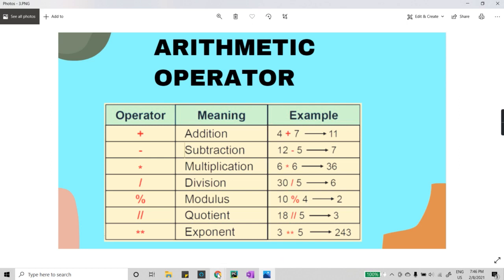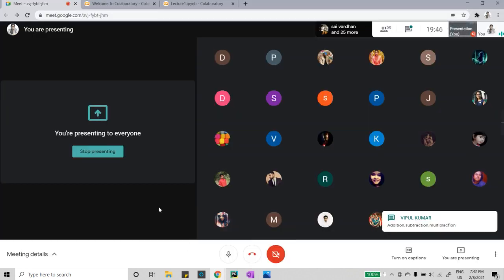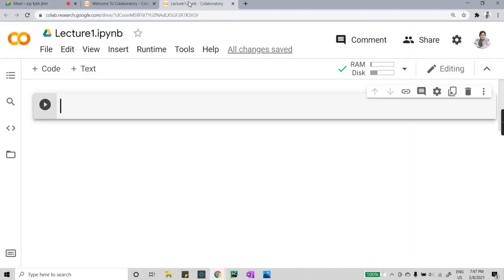Now let's go to our Google Colab and write our first program using the arithmetic operators. This is my Google Colab notebook in which I will be writing the programs. Let's say I have taken a variable a, and I am going to assign a value to it.